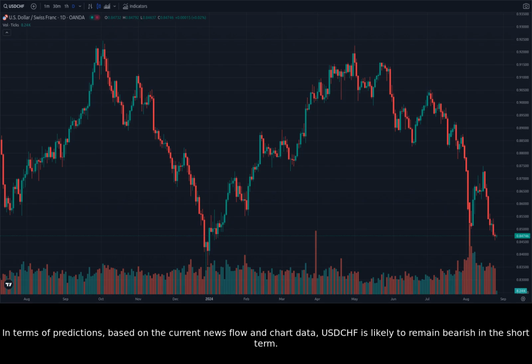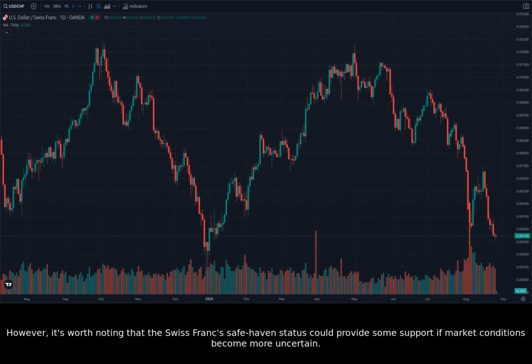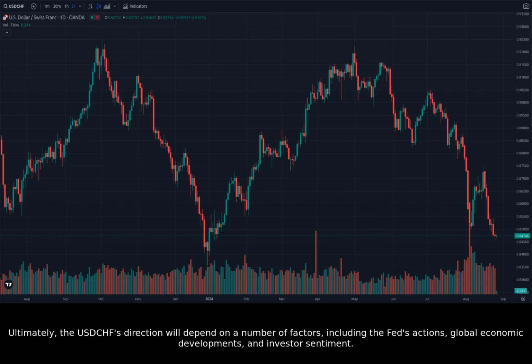In terms of predictions, based on the current news flow and chart data, USDCHF is likely to remain bearish in the short term. The potential policy change by the Fed in September and the overall risk-off sentiment are contributing to this bearish outlook. However, it's worth noting that the Swiss franc safe haven status could provide some support if market conditions become more uncertain. Ultimately, the USDCHF's direction will depend on a number of factors, including the Fed's actions, global economic developments, and